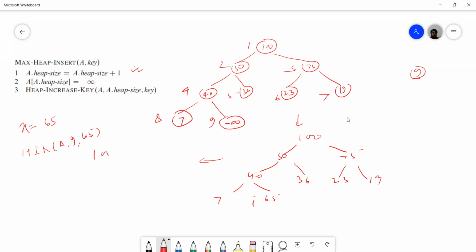So finally, what will we get? 100, 65, 75, 50, 7, 40, 36, 23. So this is the max heap insert algorithm. So simple. Insert takes order of log n time. Heap increase key also takes order of log n time.